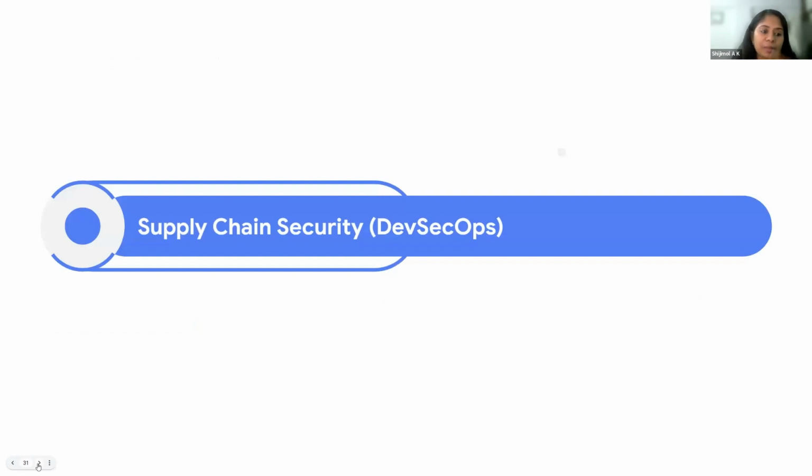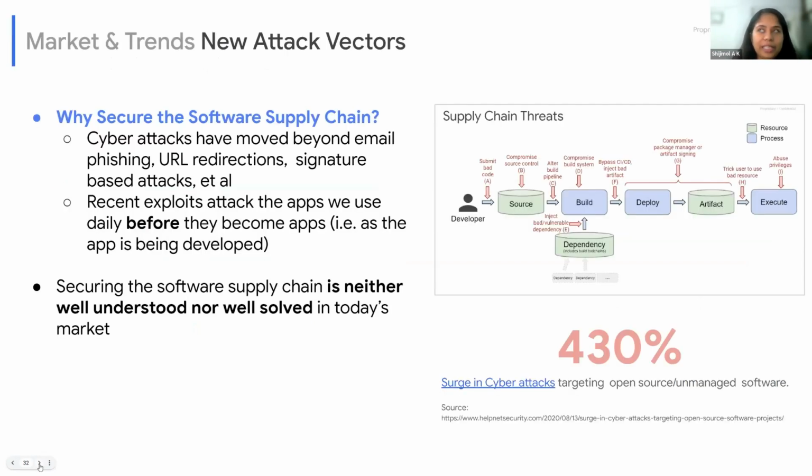Now, supply chain vulnerability or DevSecOps. This is again securing the data from the very beginning, so that is when it is actually being written. Now, the advanced threat vectors say that the attack starts even before the apps become apps. That is at the code base. The attack starts in the code base. So that means you need to secure it at the source.